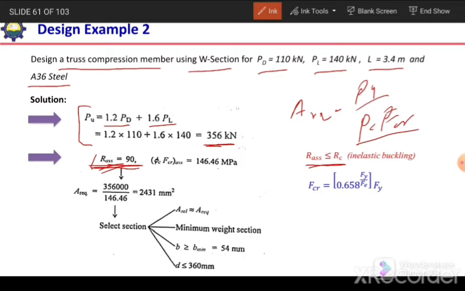And critical slenderness ratio RC in case of A36 steel is 133. So 90 is less than 133, so it means we have inelastic buckling in our column. Based on this information, as there is inelastic buckling, we can use this expression to calculate the FCR value,